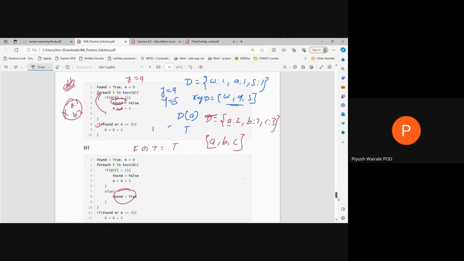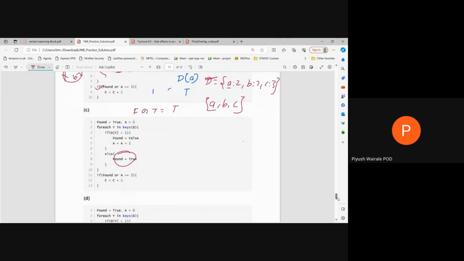Else found equals to true. So it will not satisfy either of my conditions. Take for this D. So if I take D equals to 2, yes, it gets no. Else means this condition should be false. So our first example was right. So W1 A1 S1, right? Yes, sir. So in that case,